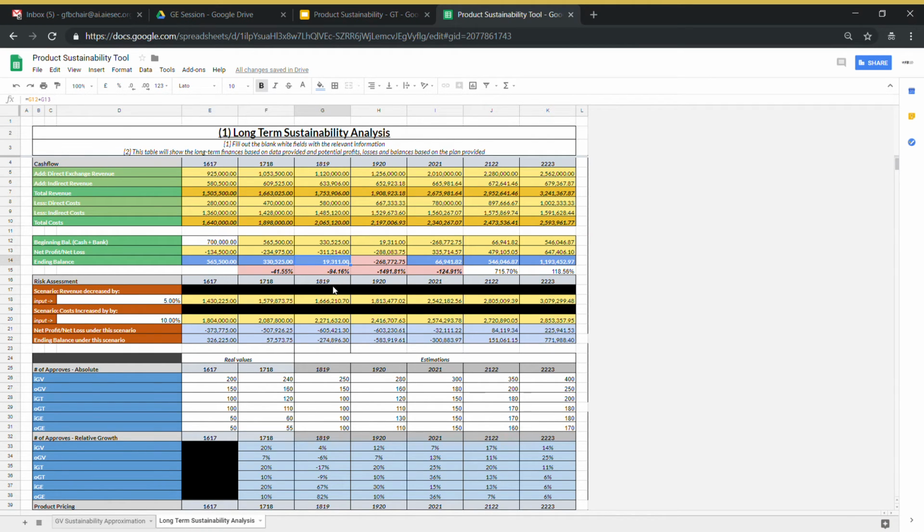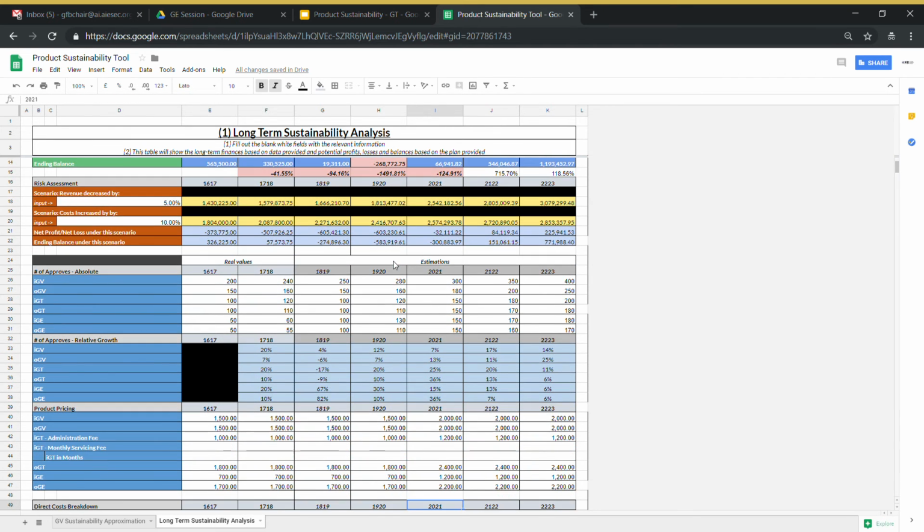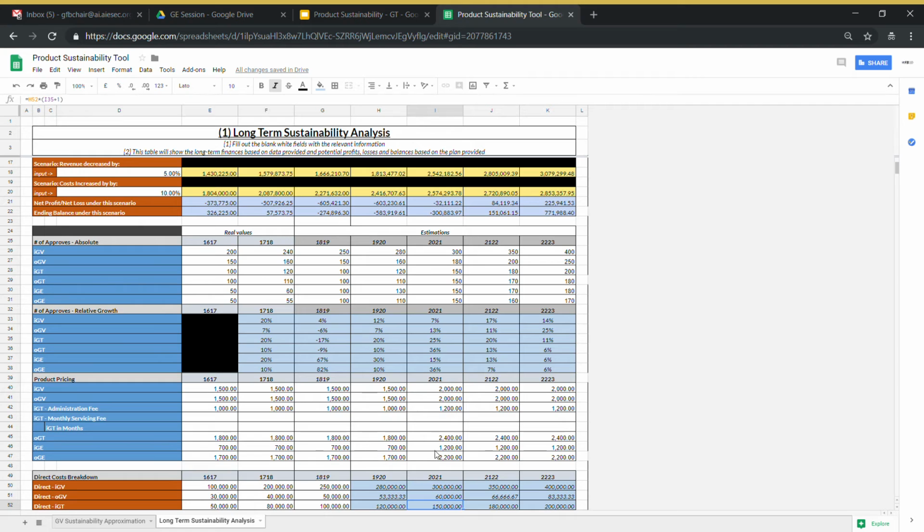Now, let's talk about the possible different scenarios. If you're going to look at 16, 17, 18, it is always on a positive ending balance, but it's actually losing money, which then eventually in 19-20 you lost a lot of money. Then, as an example, it became positive now here because let's see what actually changed. So you can write down here in the product pricing tab an experiment how much would be the change in pricing for you to be able to get back up